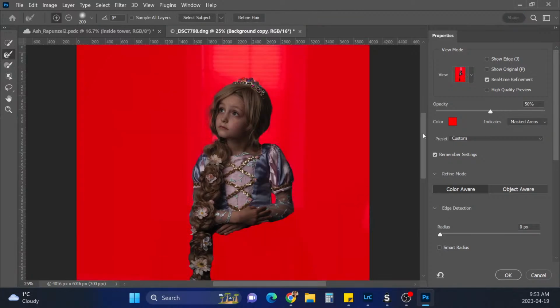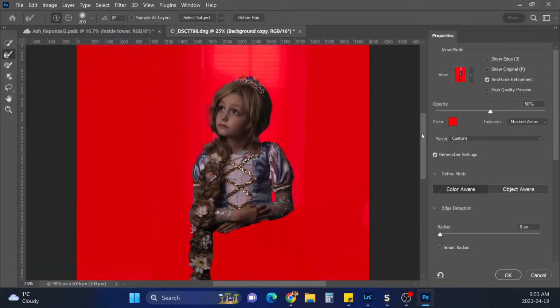And I'm just going to see what we need to bring back a bit. On the wrong one. Here we go. So we want to bring back some of this hair and this flower here.